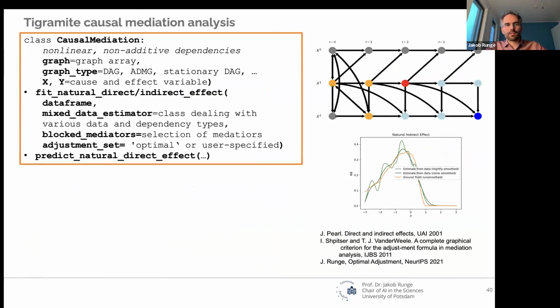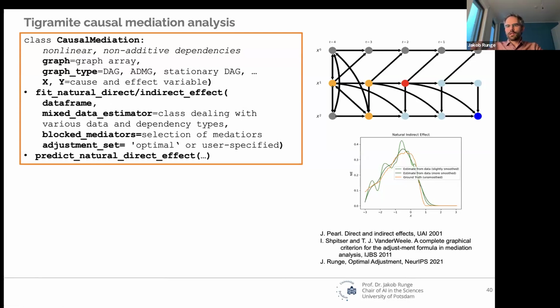Okay, continuing, there's the causal mediation class, and one that we have is for really non-parametric situations. Similarly to the causal effects class, it allows a graph array, different types of graphs, and then you can fit natural direct or indirect effects, specify the estimators to deal with.